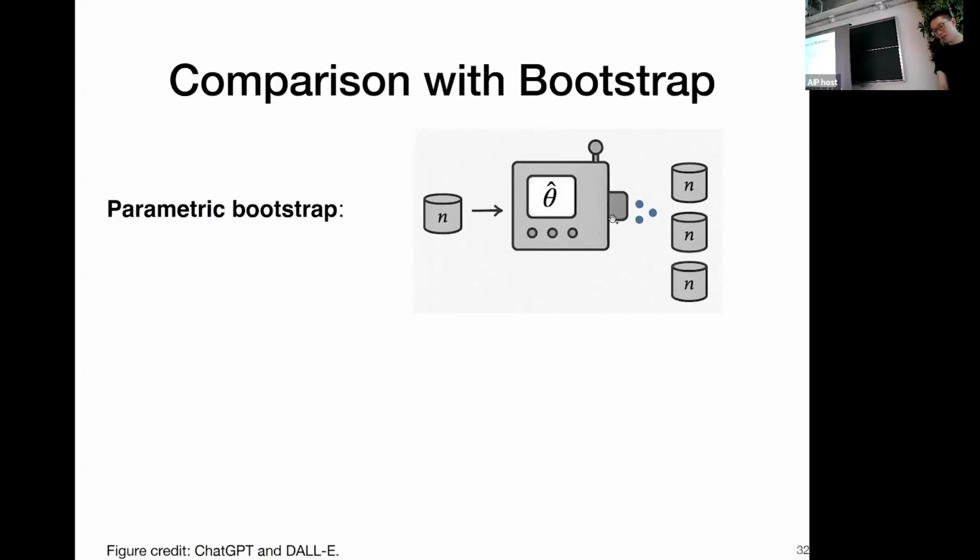What should you do? Well, you use this to generate small bags of samples. Each bag is still of size n. The size n is the same as the size of the training sample. And you generate many, many batches. There's a tuning parameter b that's very large, a few hundred or a few thousand. But the key thing is that each bag only has n samples, the same as the training data.